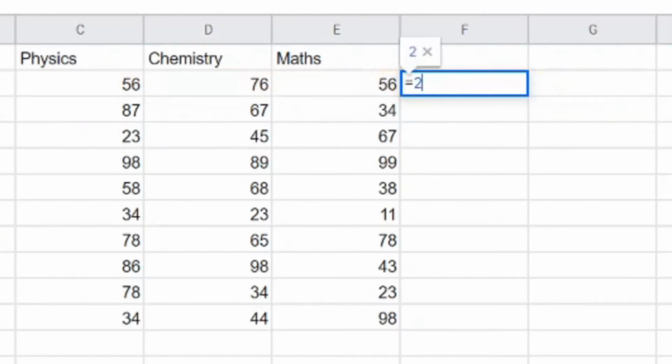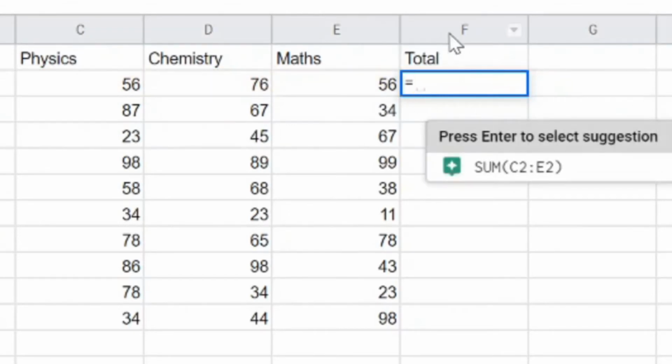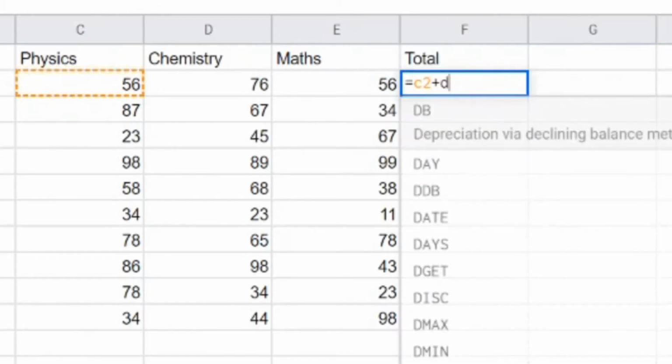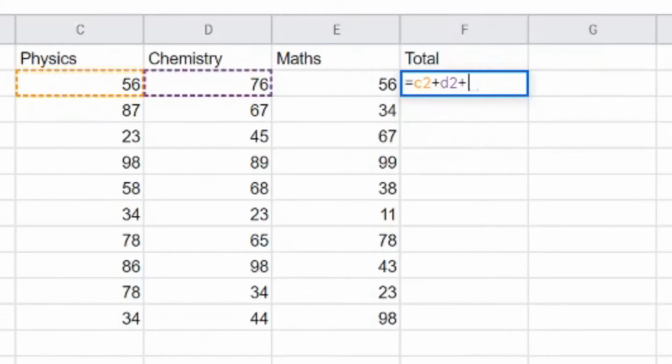I want to calculate the total in the F2 cell, and I want the values of the C2 cell plus the D2 cell and the E2 cell. So I will write C2 plus D2 plus E2,